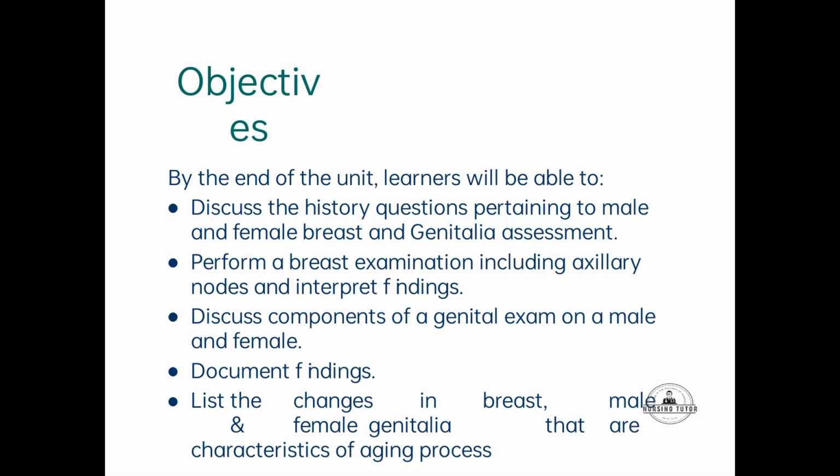Objective: by the end of the unit, the learner will be able to discuss the history questions pertaining to the male and female breast and genital assessment, perform breast examination including axillary nodes and interpret findings, discuss components of the genital exam on a male and female, document findings, list the changes in the breast and male and female genitalia that are characteristic